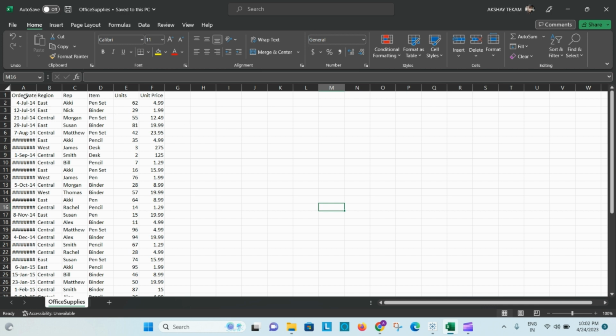So if you see, you have the order date. It's data for the shop or the supplies. For each region, there are three regions: East, Central, and West, and there are different representatives like Aki, Nick, Morgan, Susan, Matthew. Different representatives for each of the three regions, and there are some items and units and unit prices given in this sheet. So, what is our agenda over here is,